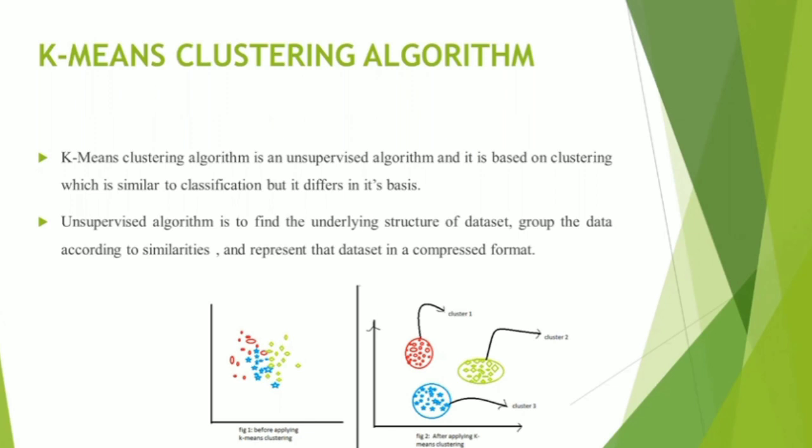For example, as you see in the given image, before we apply the K-means clustering algorithm, the pixels are combined, where the red, blue and green pixels are overlapping each other. But after applying K-means clustering, you can see the clusters have been separated. Red has been separated, blue has been separated, and green has been separated. This is what the K-means clustering algorithm does. It separates the pixels and forms the different clusters.